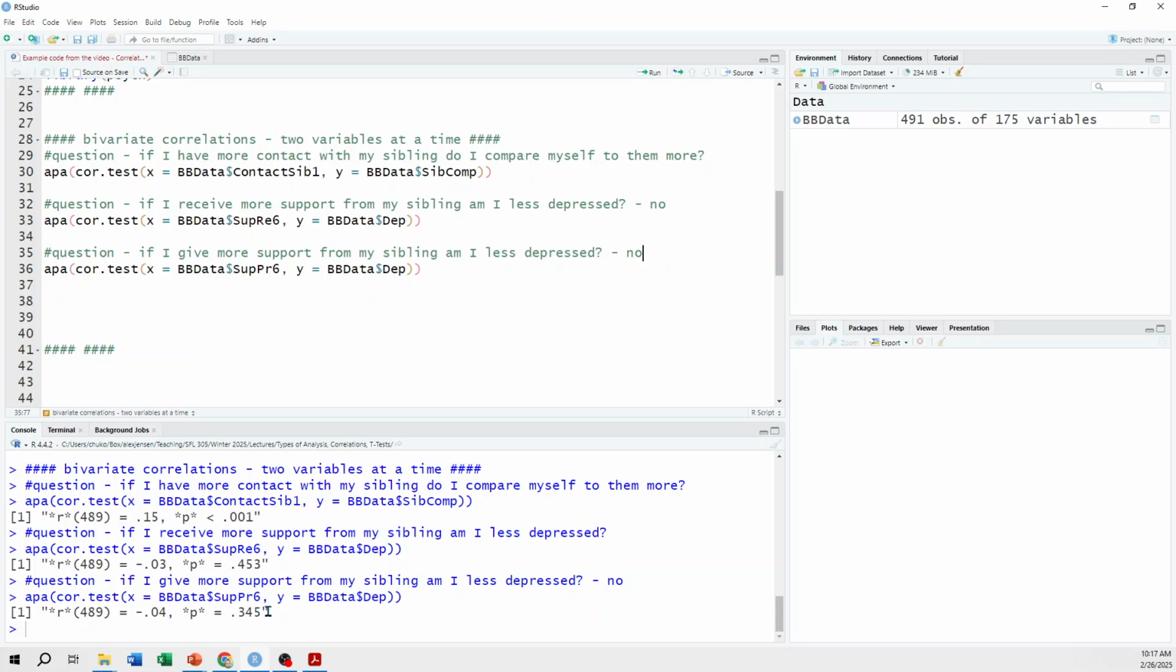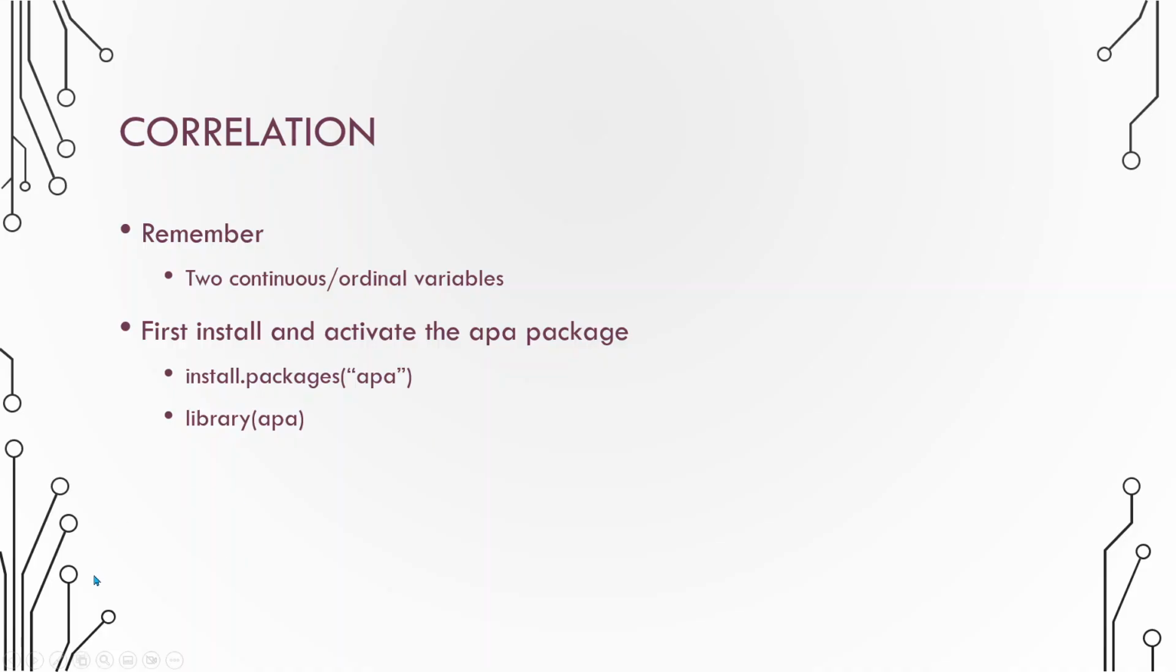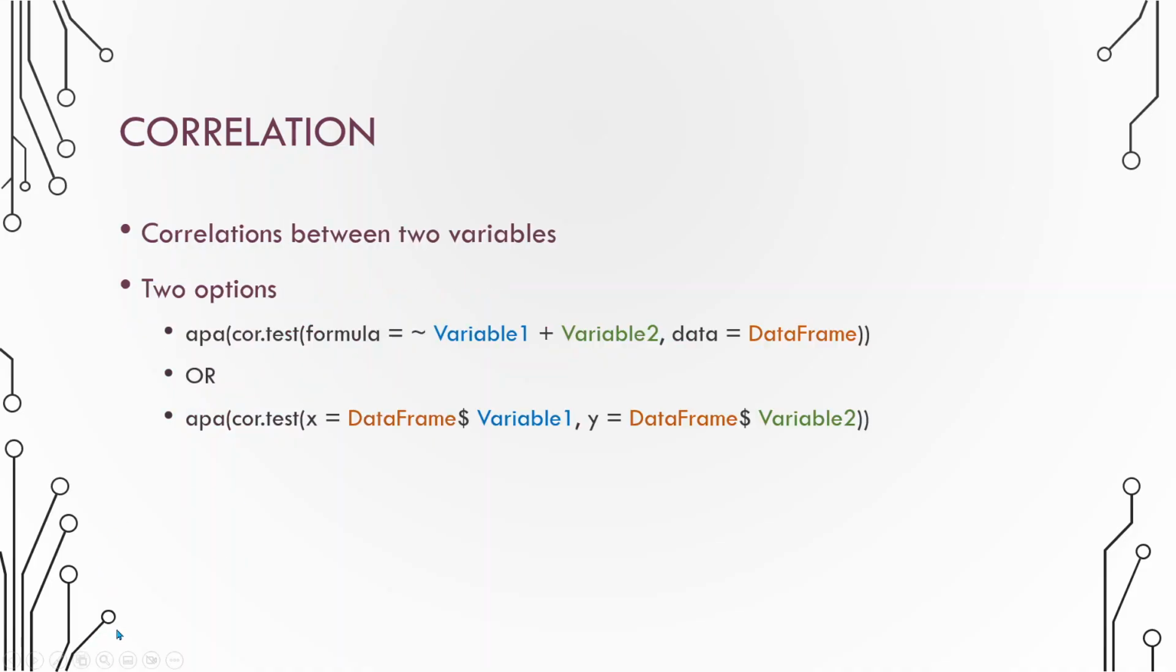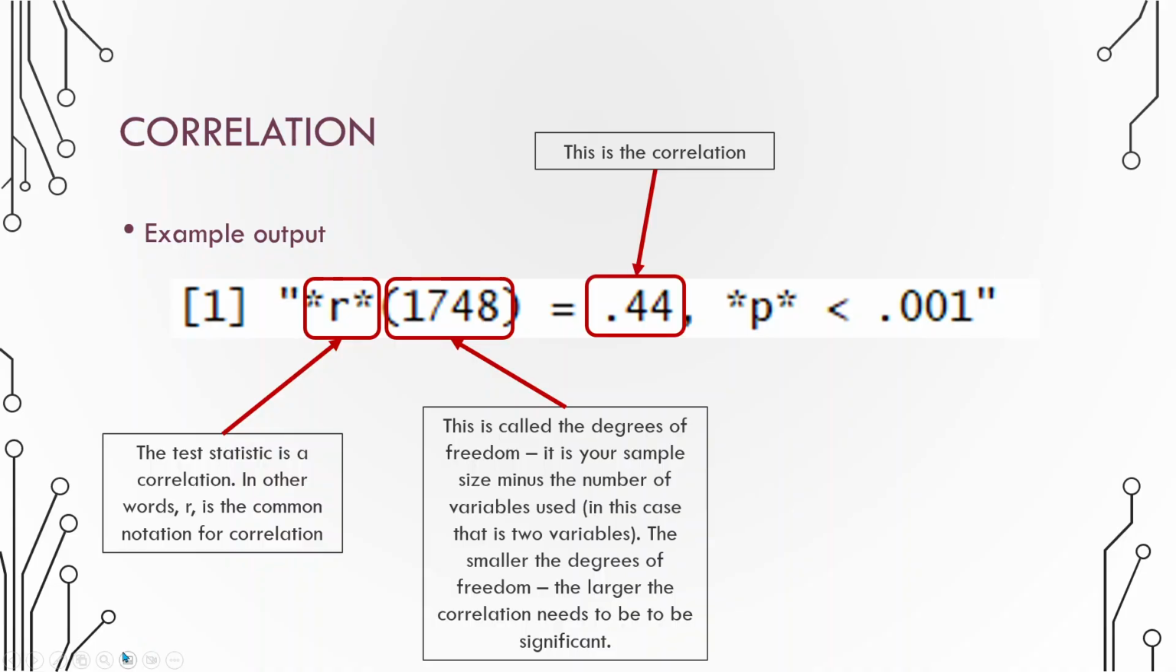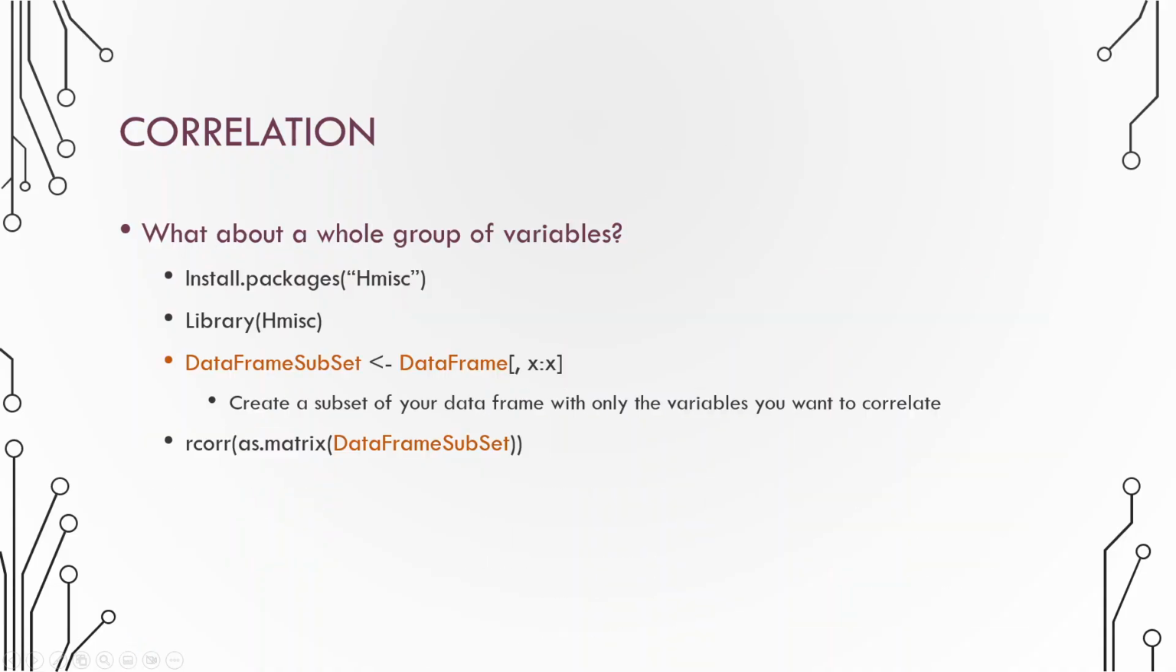Let's say the p-value was less than 0.05. How would we interpret this negative correlation? We would say that as support goes up, depressive symptoms go down. Okay, so there are some good examples of running bivariate correlations. Now, occasionally you need to run correlations